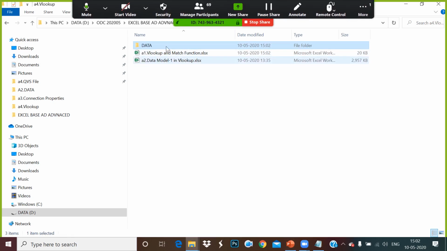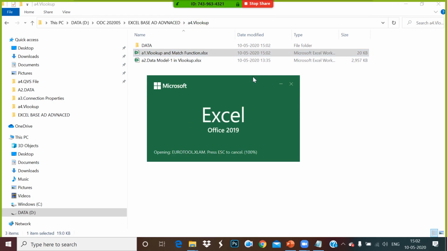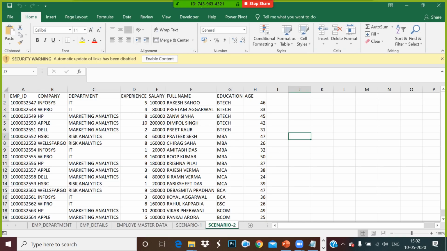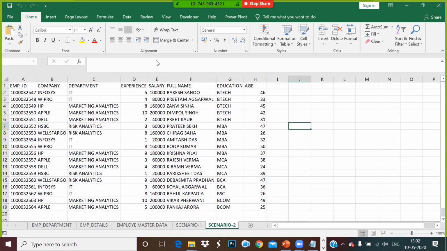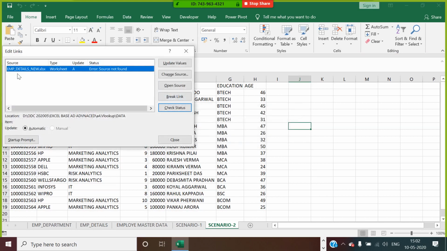If you go to your Excel workbook now, if you say enable content, it says edit link or continue. If you say edit link, you go to update the value for this.